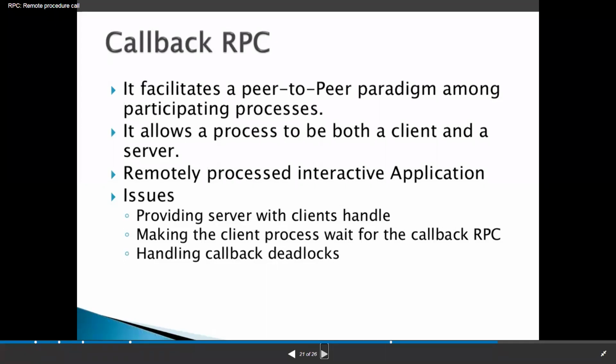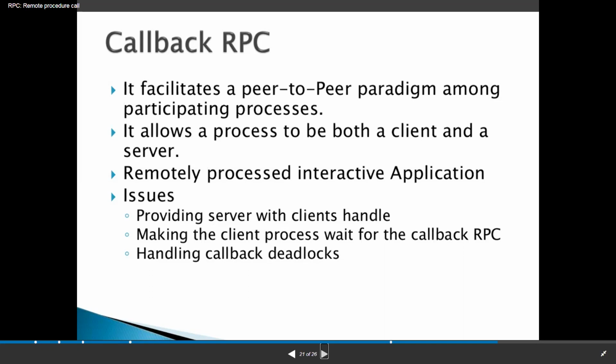But in callback RPC, it allows a process to be both a client and a server. Sometimes the server gives a callback to the client. Now, this callback RPC is for remotely processed interactive applications.